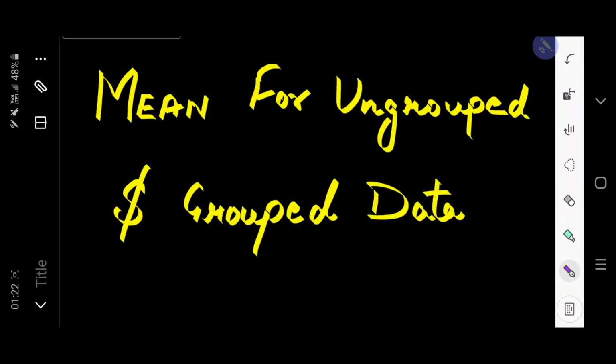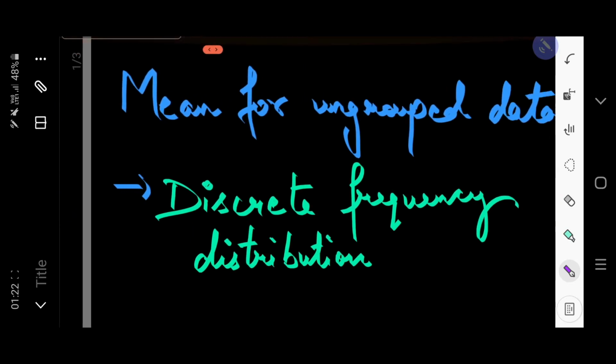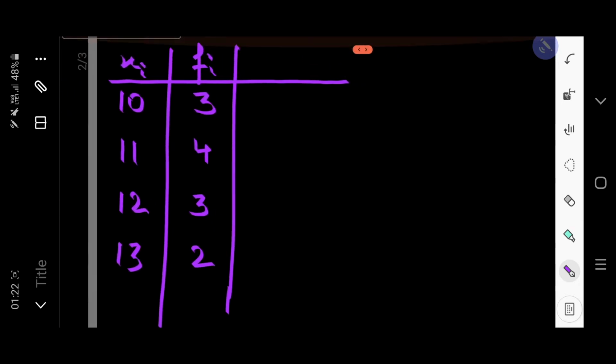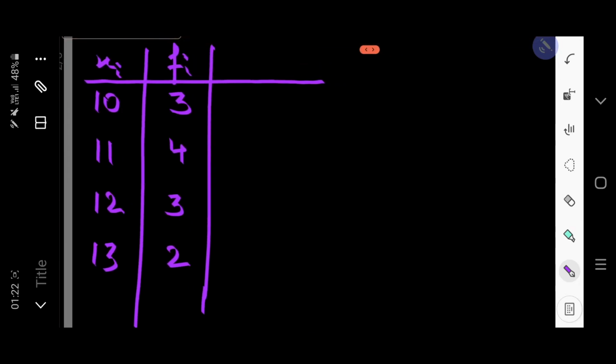Today in this video I'll show you how to calculate the mean for ungrouped and grouped data. So first we will see the mean for ungrouped data, where we are provided with the discrete frequency distribution, and here is that discrete frequency distribution table where we have been given the data points 10, 11, 12, 13 in